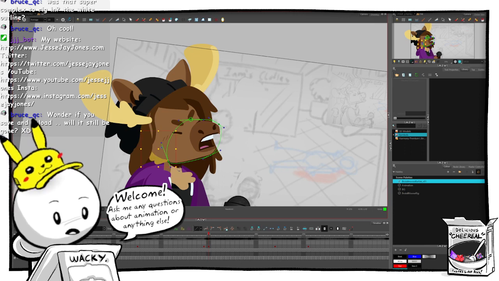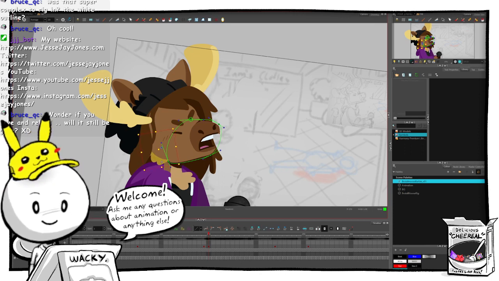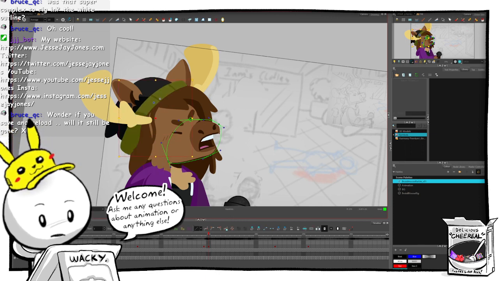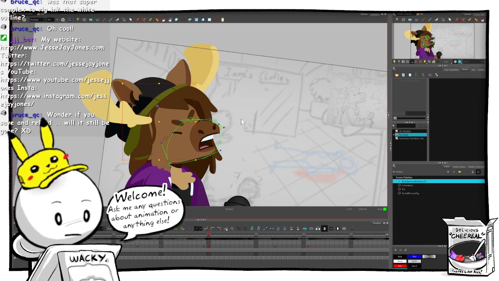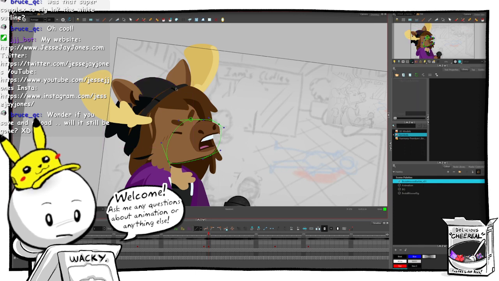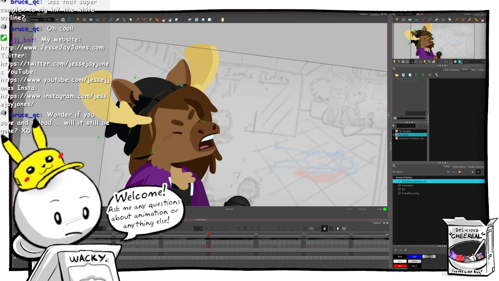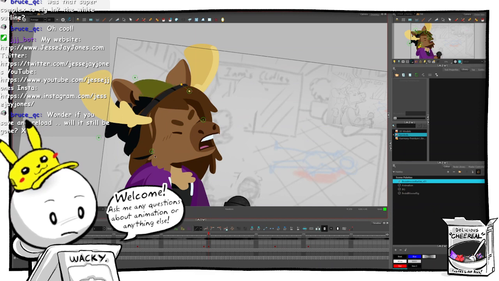This fluff would be further down like that. Hat brim would be more disappeared behind him. Same with this hat. Would be further down.